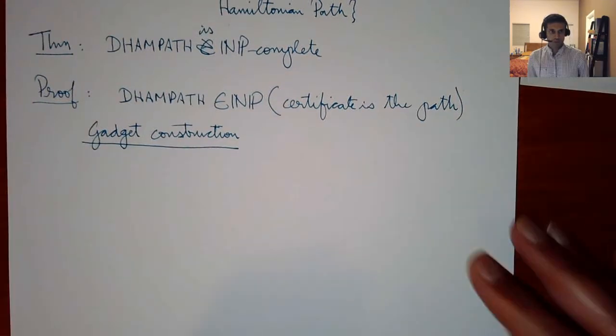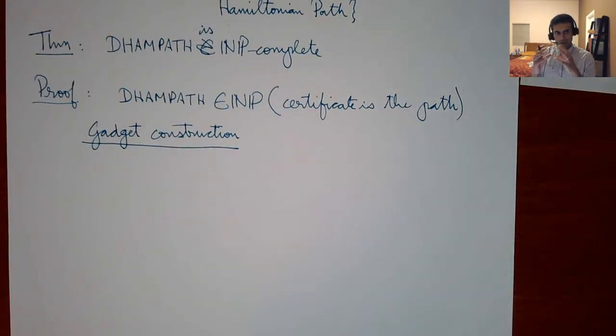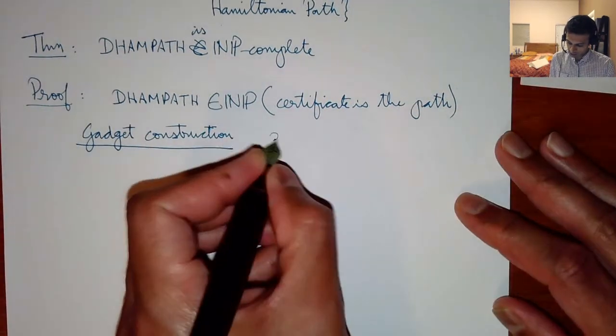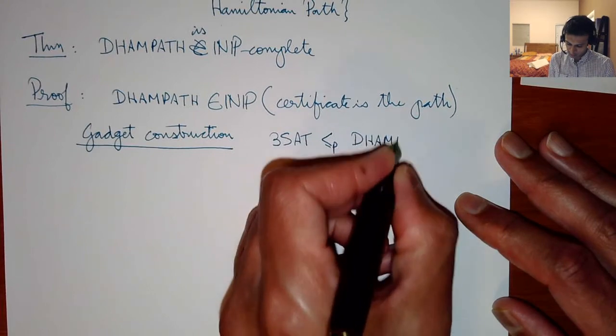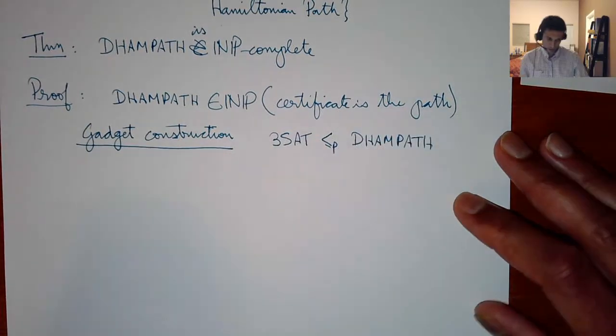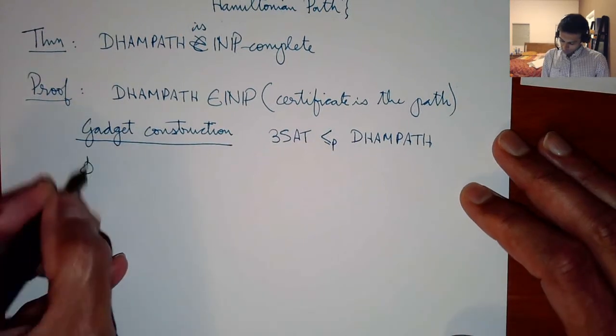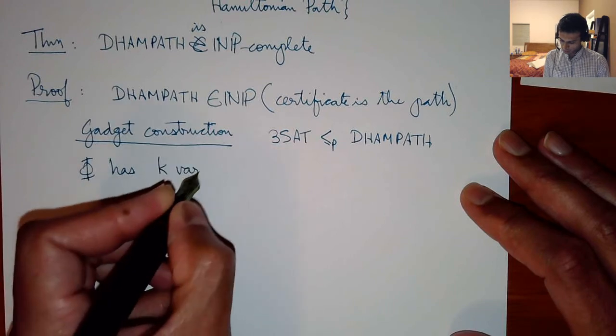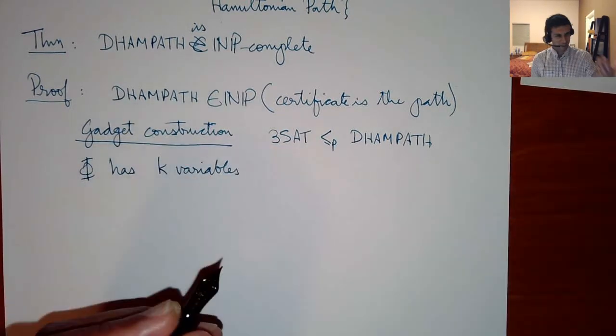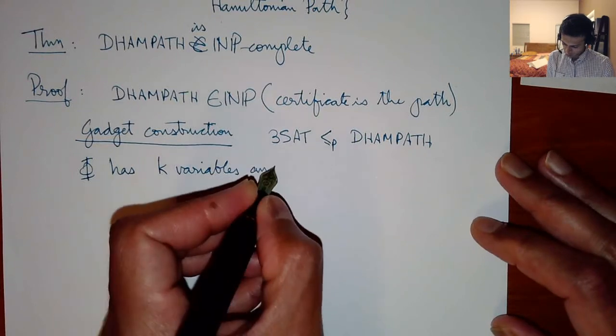Here what we'll do is we will convert every variable into a particular small graph and every clause into a small graph and join it all together in such a way that this is going to give us the final construction. Okay, so we're going to actually reduce 3-SAT. So we're going to go directly from 3-SAT to Hamiltonian path. So let's just say phi has k variables. I don't want to use n because n is the size of the instance,